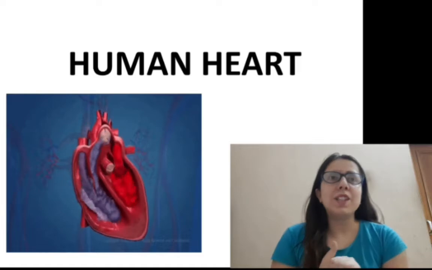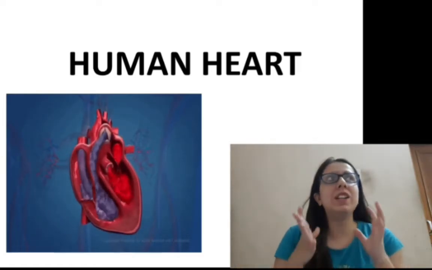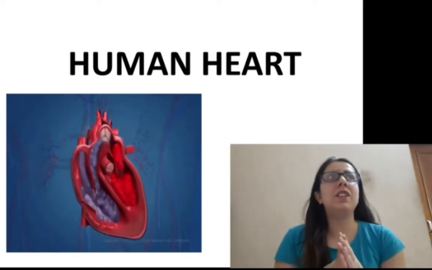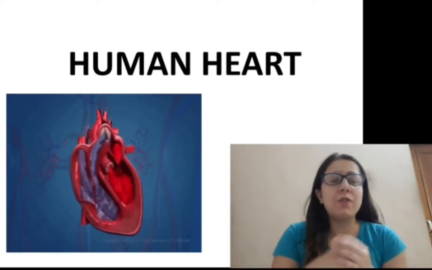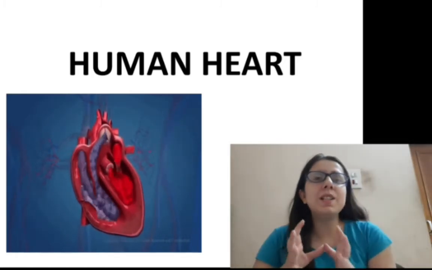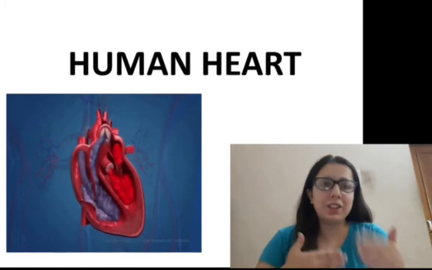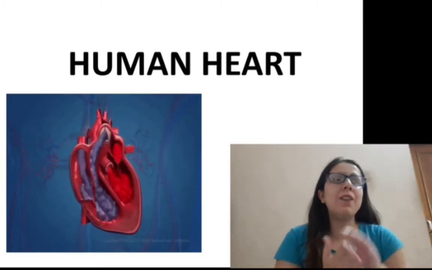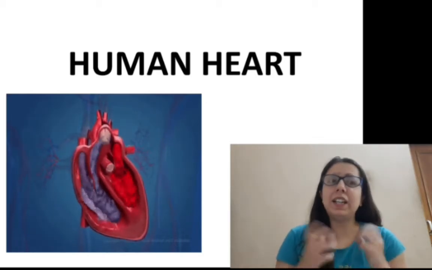So as we have learned about the human heart, we have learned various things about it, like it is pinkish in color and it is about the size of our fist, right? These are basically the things we have heard about from earlier classes. Now we will be studying it in detail, right?